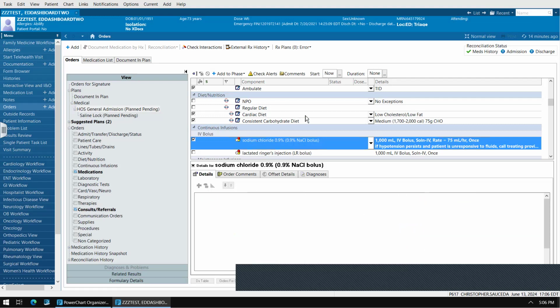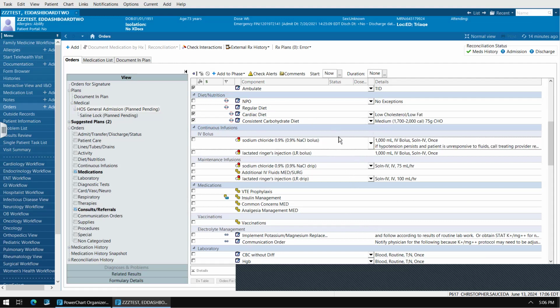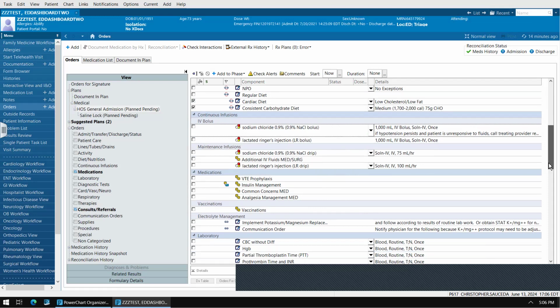But that's one way to do it, where you give them 1 liter of fluid, a bag of fluid, at that rate, and then it just stops. So you don't have to worry about forgetting later, and then 3 days later realizing they've gotten like 10 liters because it just went on nonstop. Okay, so